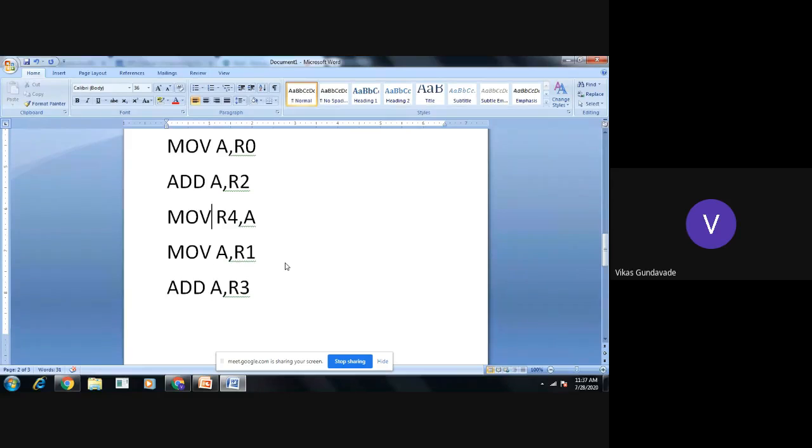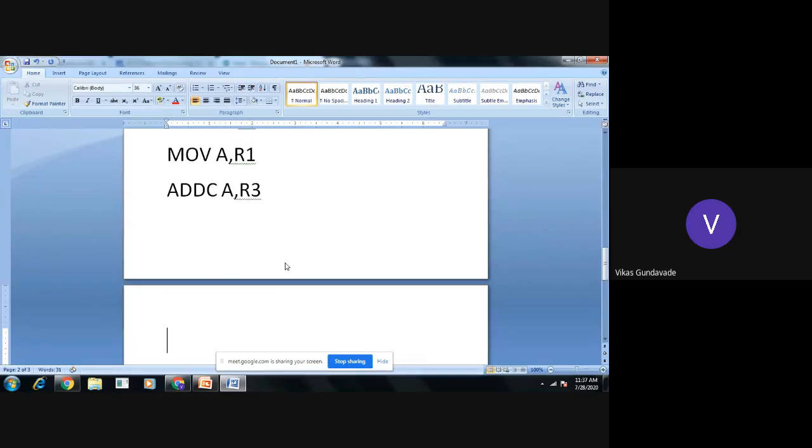So we need to use the instruction add with carry: ADDC A, R3. So if a carry is generated, that carry is also considered for the addition. Now the result is available in the accumulator.